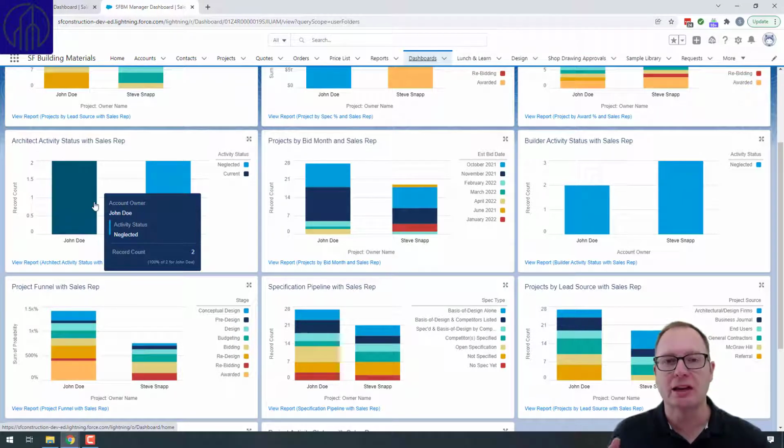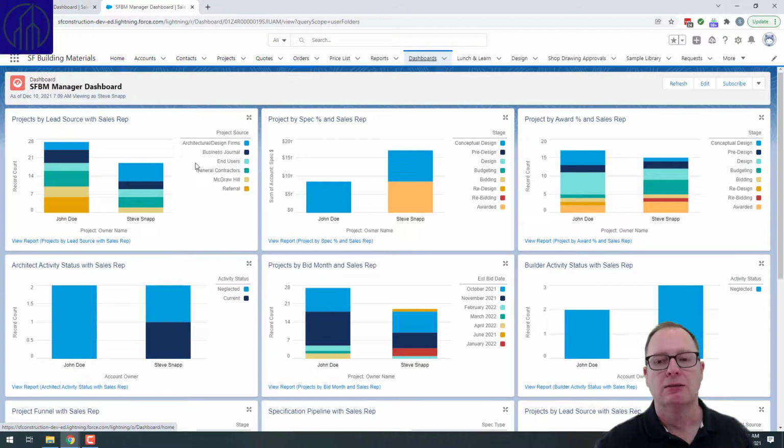And as I always say, the goal here is not for the manager to micromanage. The goal is for the manager to reinforce the right behaviors so that the dashboards mean something to the sales rep. If my manager asks me every time my pipeline gets too low in a particular category, I know that he's paying attention to it, and now because he inspects it, I respect it. Therefore, I'm encouraged or I'm incentivized to pursue that particular behavior. So it's just an easy way for the manager to reinforce the kind of behavior that you want out of